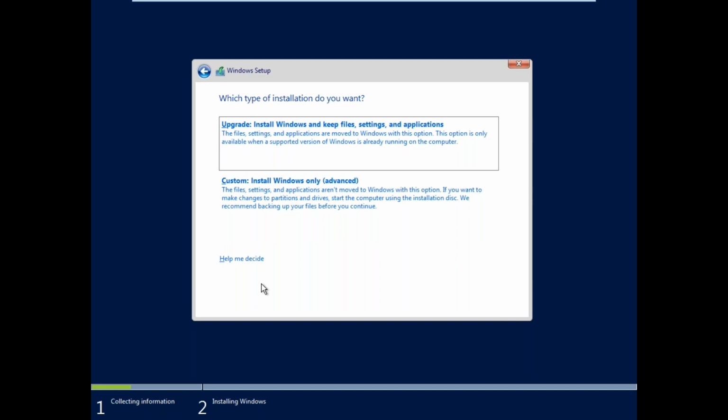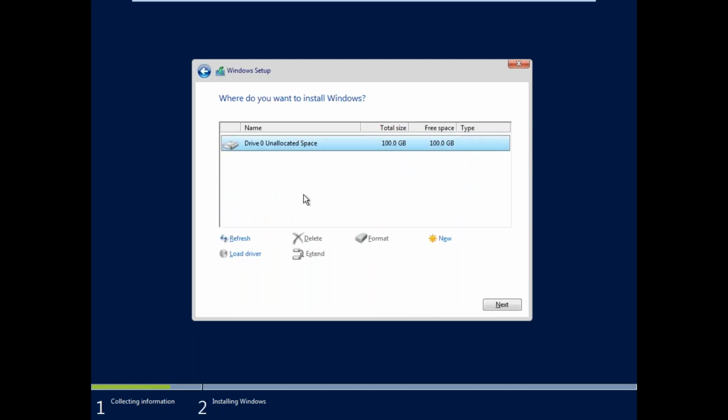Now we are installing Windows Server 2016 here. Just imagine a scenario, Windows Server 2012 is already running in your machine. So without losing any configuration, you want to update from Windows Server 2012 to Windows Server 2016. Then we need to select the option upgrade. But right now we know this is a new machine. There is no operating system available there. So I have to go with custom. So new installation will be custom. The old installation will be upgrade.